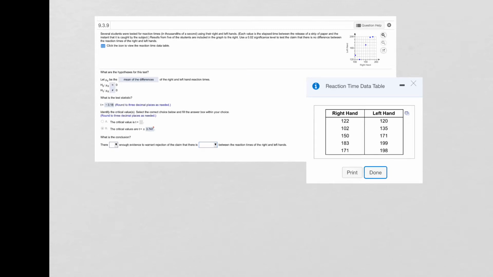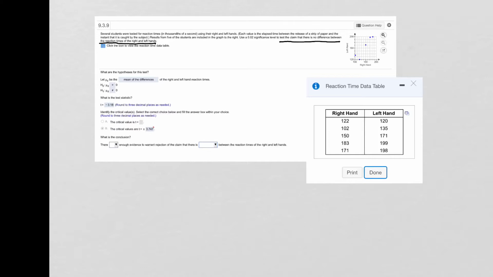In this problem, we need to test a claim that there is no difference between the reaction times of right and left hands. A test was done with 5 students, when their reaction time with their left hand was compared with their reaction time with their right hand. So in order to do this hypothesis test, we start off by writing the null and alternative hypotheses, and